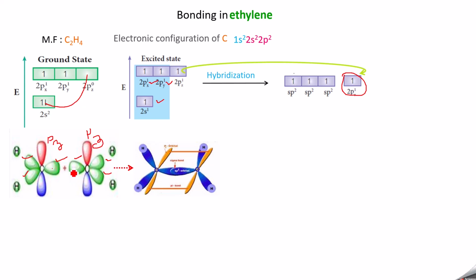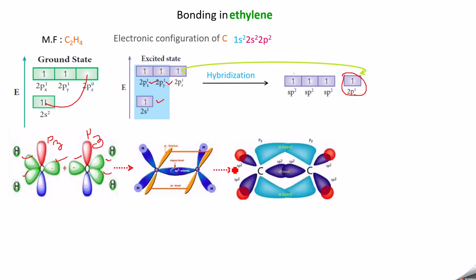Similarly, this orbital and this orbital will undergo head-on overlap between these 2 carbons. So you will be getting it like this. Between these 2 carbons you have a sigma bond, because the sp2 orbitals will overlap and share the electron. Here this sp2 orbital and the 1s orbital of hydrogen will overlap and share the electron. Similarly here you have one hydrogen, and here you have one hydrogen, they will undergo head-on overlap to form a sigma bond. Similarly here, so you have it like this.